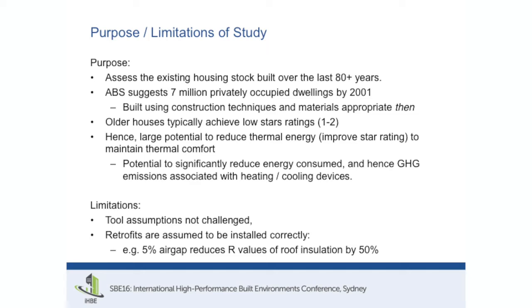So I will say up front that there are, of course, limitations to this study. This was actually given to a master's by coursework student, and it actually started as a project just to keep him busy, okay? But the results are actually quite fascinating, to the point where we submitted them to a journal and it's been published. Okay, so I'm going to say this straight out. There are a number of assumptions assumed by NATAS, right? And we're not going to open that can of worms tonight because a lot of people don't agree with a lot of those assumptions. The other big assumption here is that the retrofits I'm talking about are installed perfectly correctly,